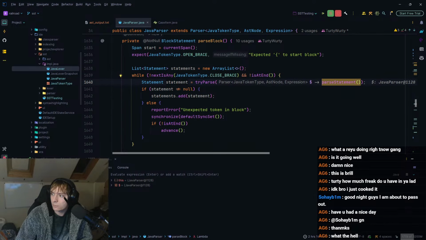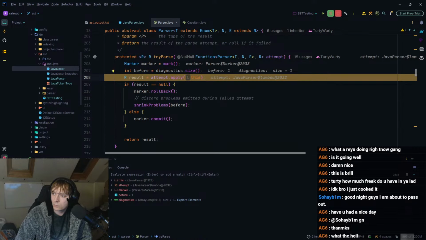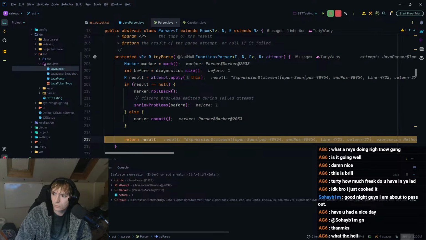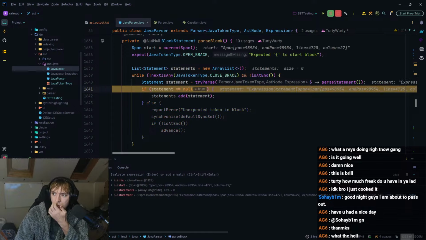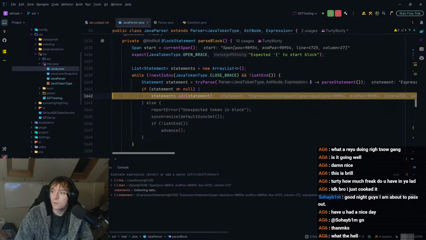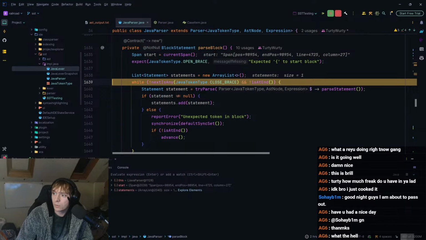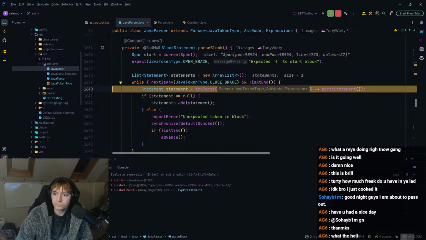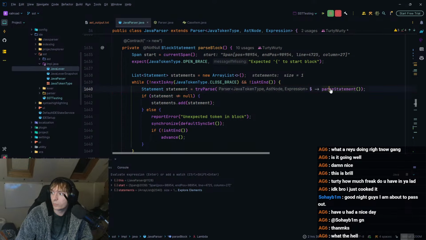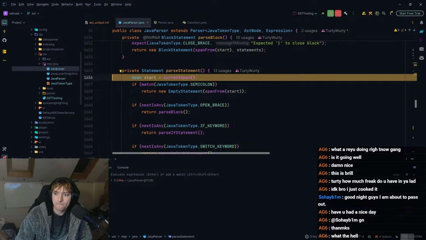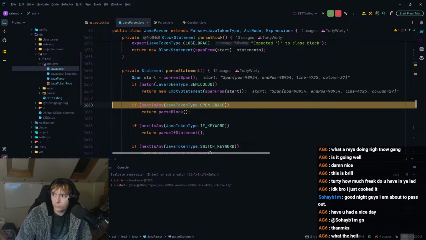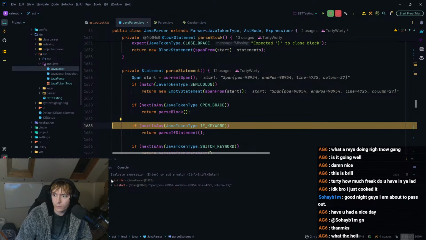Okay, so. Oh, shit. When it comes out of this lambda, is it going to go back to here? I think it will. Yeah, it should do. Okay, good. So that passes the statement. Boom. Then we have the next one. So we need to step into pass statement. Okay, now we should be able to see what the next one is.